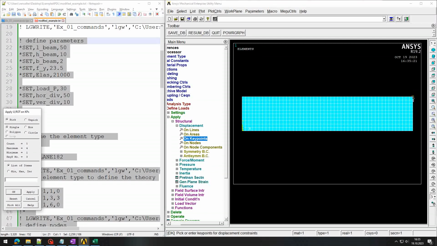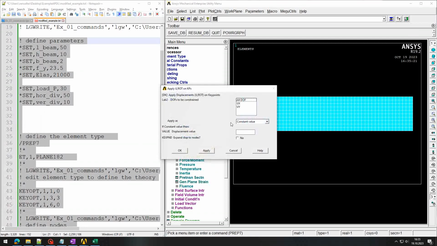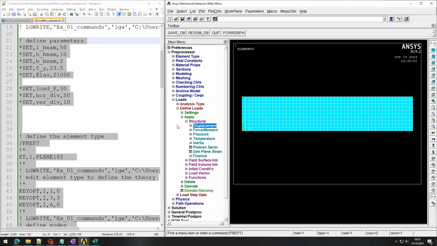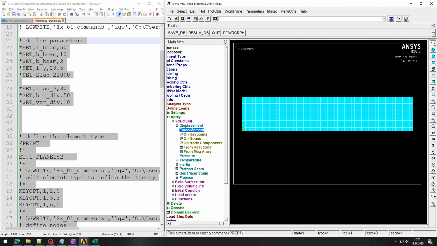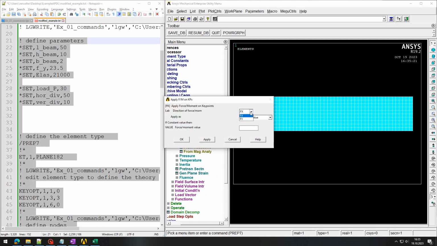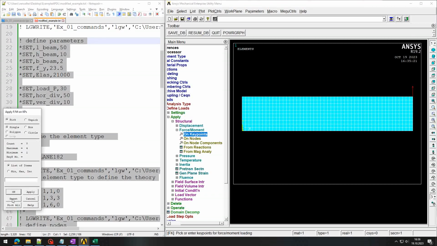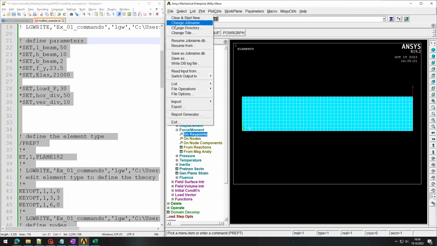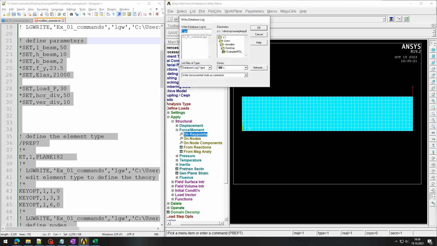We're going to select the key point that we have there, which we know is going to be always the same number, and we are going to apply the load in the direction Y. Oh, sorry, I'm applying a displacement force on key point there. Okay, force in Y direction with a value of 222, just to see then how that looks like if we save this as a script. Example 1 commands